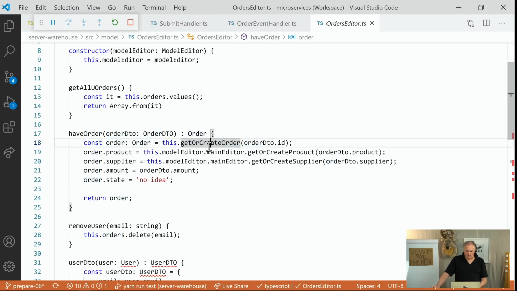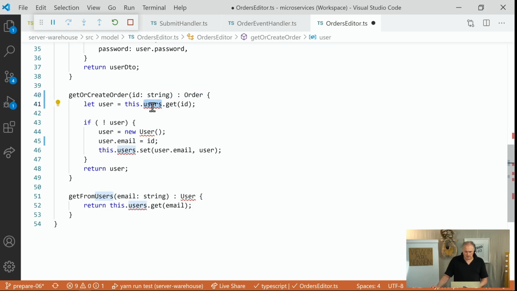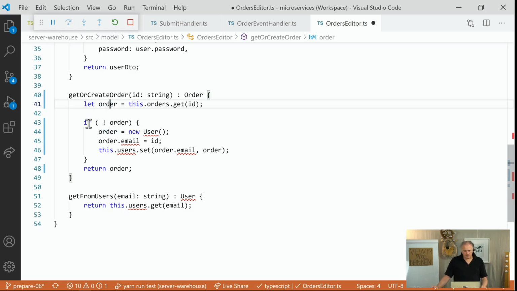The get or create thing here, let's have a look at that one. Oh, that one is not yet done. It still says I'm working with an email, so let's repair that. It should be an ID, an order ID. ID is good enough. And it creates an order, not a user. So that one is old stuff that is copy pasted, and so we did not yet do it all the time. So we get this dot orders, get via the ID, and the thing that I get from that is an order, of course. And if there is no order yet, so order is still undefined, so our map does not yet have an entry for that ID, I create a new order,